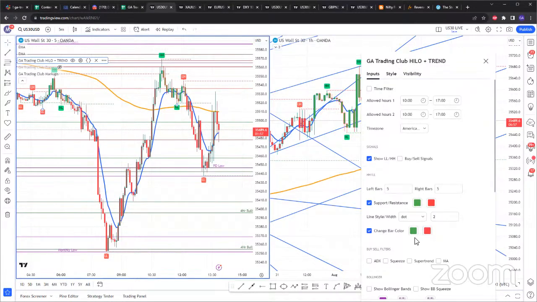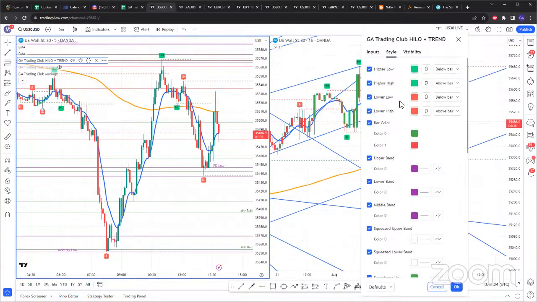Now, this bar color wasn't dependent upon the 9 EMA, because you can see here, even when price closed above the 9 EMA on the 5-minute, the trend was, quote unquote, still bearish. But with the new bar color, it's based off the 9 EMA. So this is why, if you're using the high-low plus trend indicator, going forward, I will use